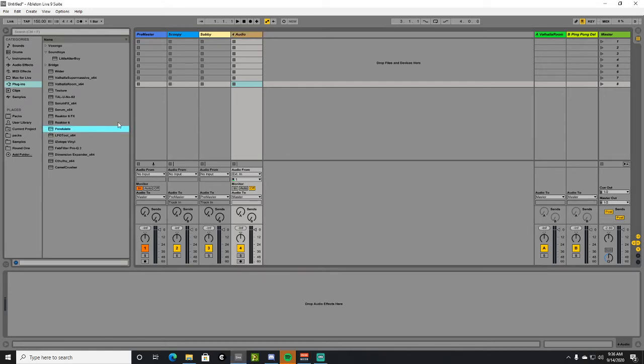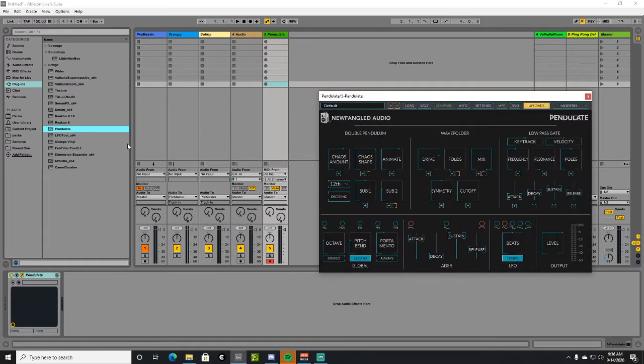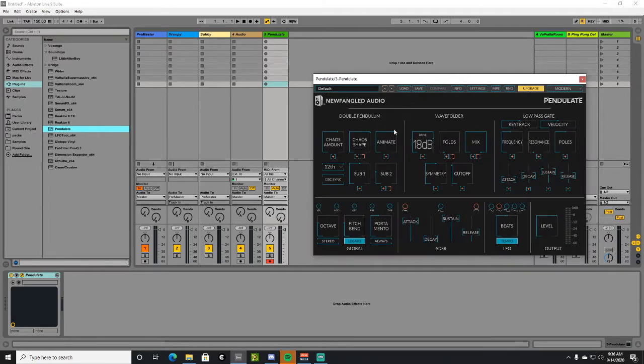I'm going to show you the new VST plugin from NewFangled Audio called Pendulate. It's distributed by Eventide Audio. It's free currently. I don't think it's going to be free forever, so check it out while you can. We'll start with a default patch here, and first we'll talk a little bit about some of the unique controls